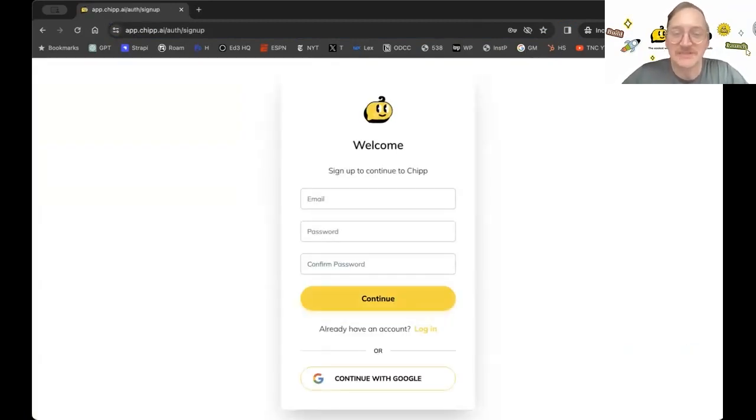And then you're going to come to a sign up screen. You can either sign up with your email or with Google. Once you complete that sign up, you're going to get an email verification, so make sure you use an actual email, because you'll need to click that to log in. I'll give you just a moment to do that, or to log into an account if you already have one, and I will show you what it looks like once you're logged in. So I'll give you about 15 seconds here. You can log in, find your password, reset your password if you need to, whatever the case might be. And once you are logged in, you're going to see